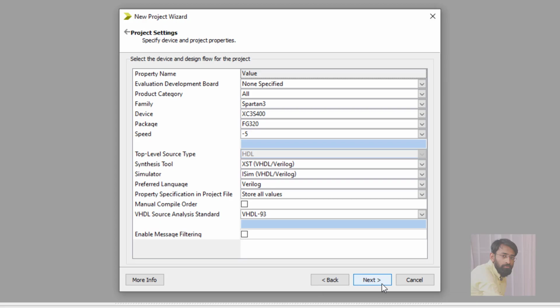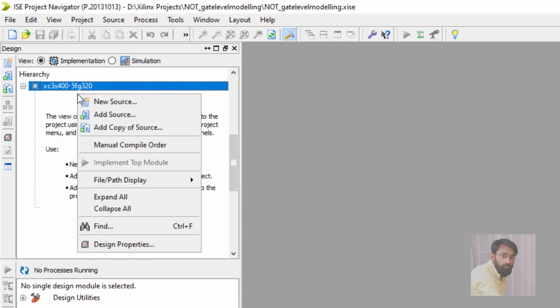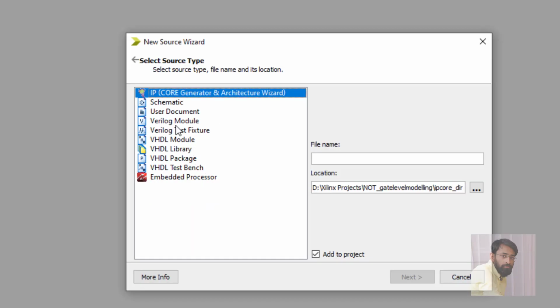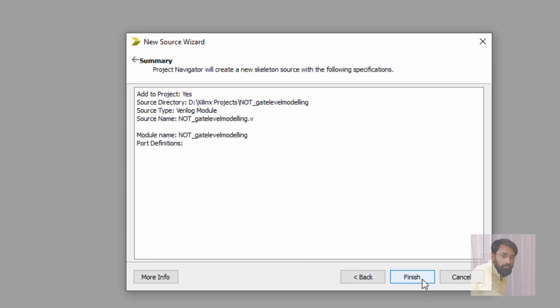Click on next and finish. First we have to write the source code. In order to write the source code, right click, new source, choose Verilog module, file name. The file name that I am giving is NOT underscore gate level modeling. Click on next and finish.